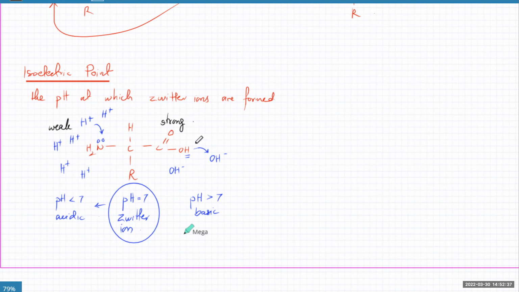So remember, in every amino acid, the strengths are going to vary. And if the strengths vary, the zwitterion will not be formed at exactly pH 7. It would be formed somewhere around pH 7. Sometimes it would be formed at a slightly acidic pH. Sometimes it's going to be formed at a slightly basic pH. ये clear है? Yes, sir. तो इसको मैं करेक्ट कर लेता हूँ